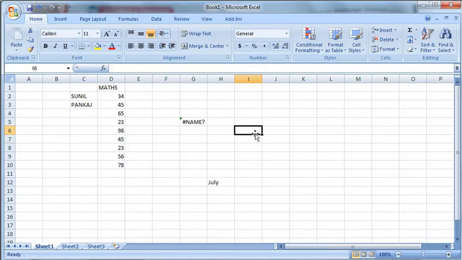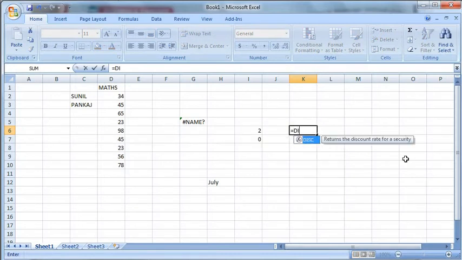Sometimes we calculate any number by a cell. Suppose in this I write 2 and in this 0. Now in this I want 2 divided by 0. So what will I write? Equal to this value upon this.